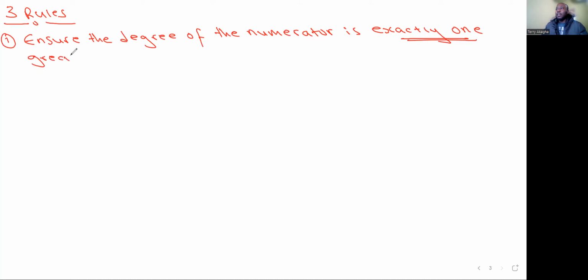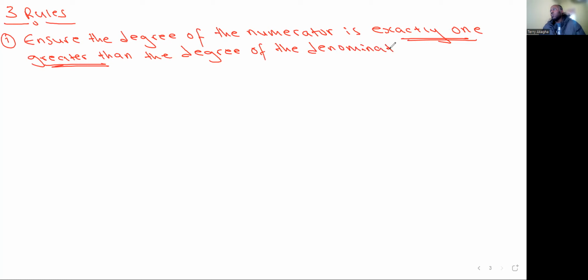Exactly 1 greater than the degree of the denominator after writing it in general form. Okay? So when you've done and you've seen that the degree of the numerator is just 1 above, then